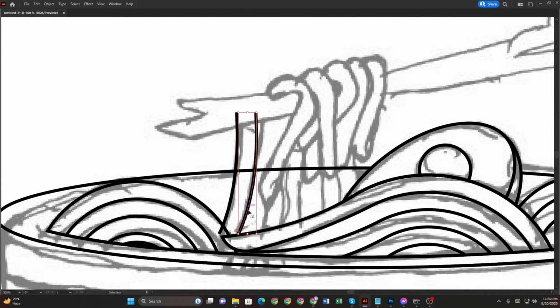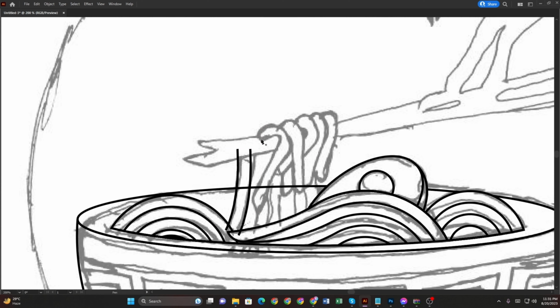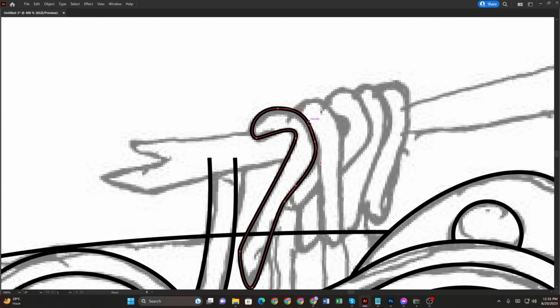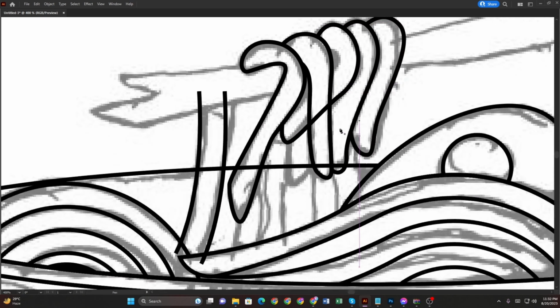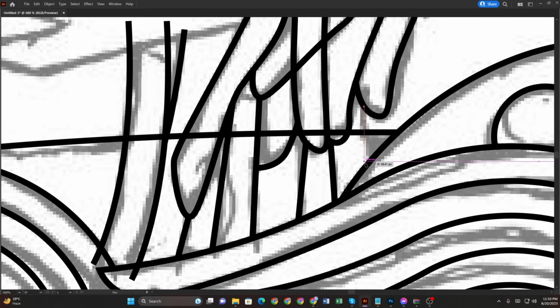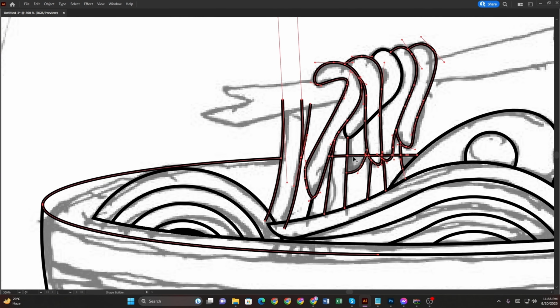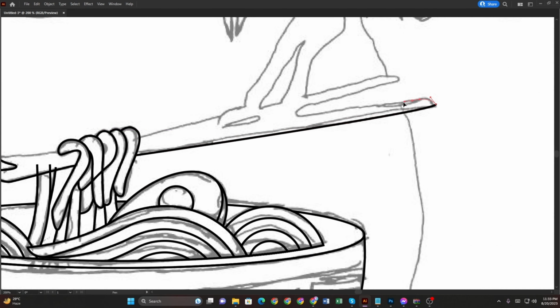And now it's 4. Now remove the other side. Now it's 4.